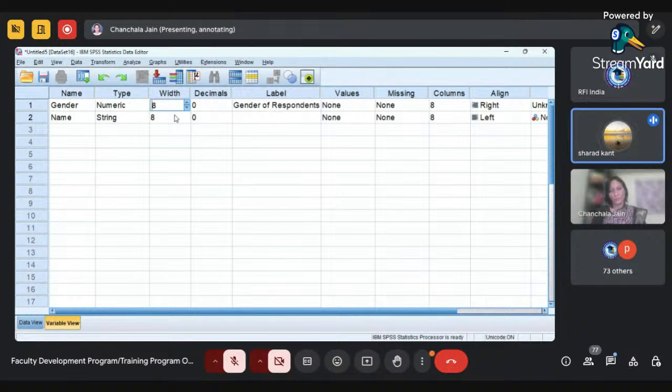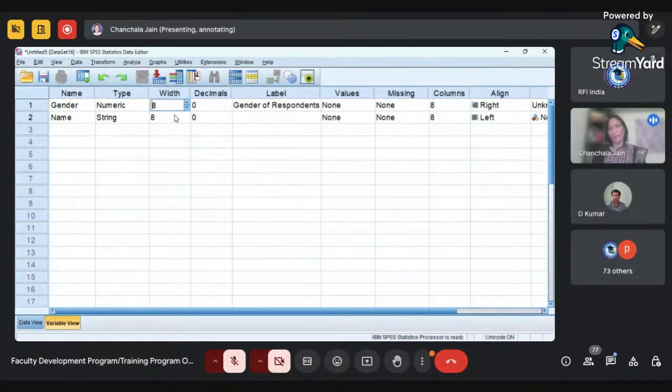So any value can come over there. We have to accept it. Ma'am, yeah, up to you. By default, it is 8. Using these up and down arrow keys, you can change the values. You want to decrease, you can decrease it. Ma'am, it means after decimal, 8 characters can be accepted. Decimal, I have made 0. There is no use of decimal here. Okay.